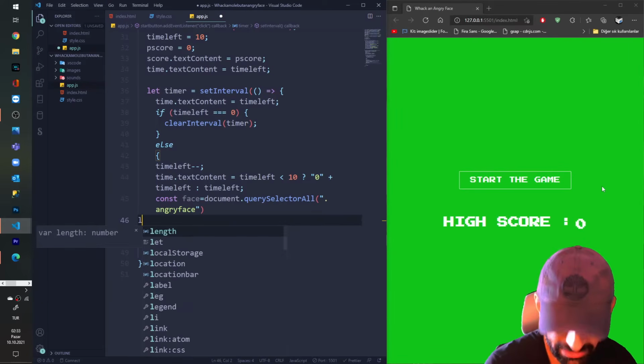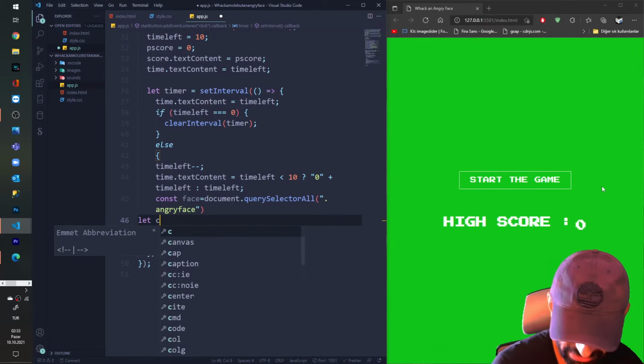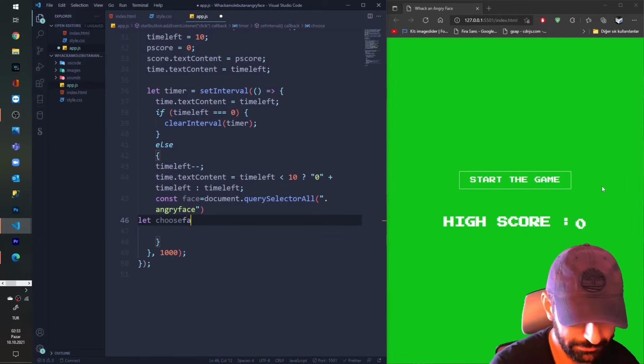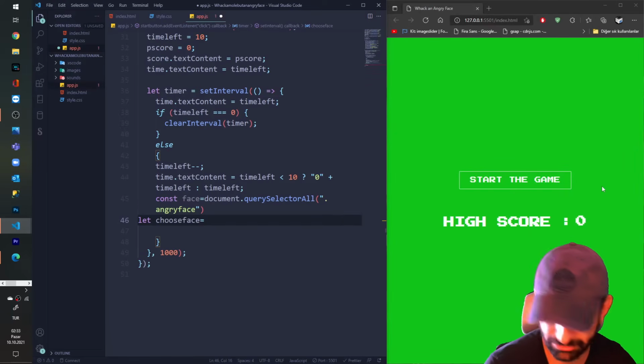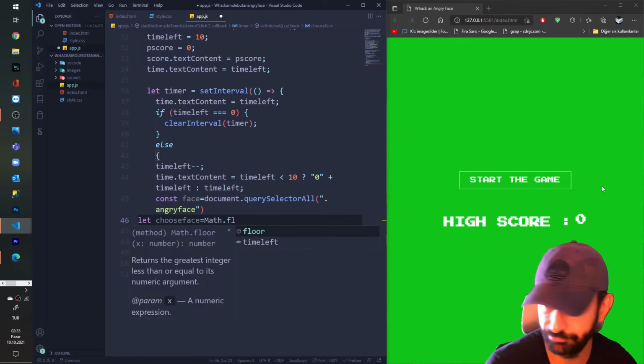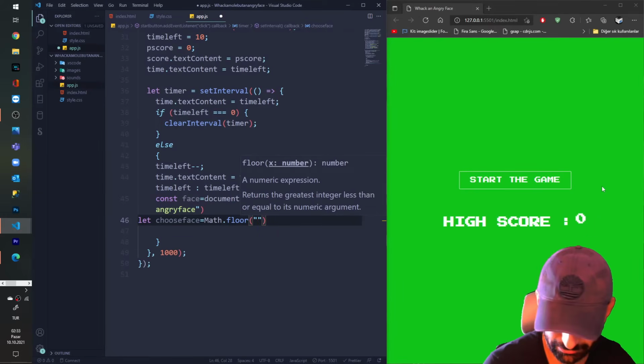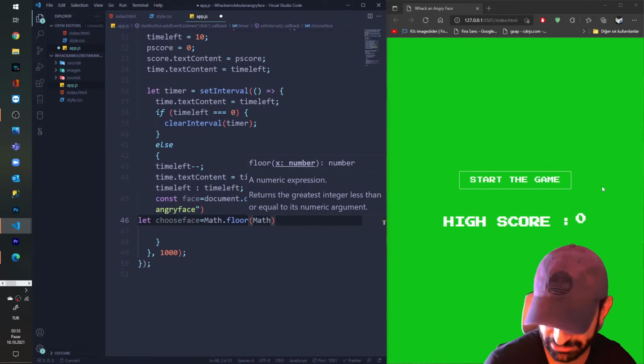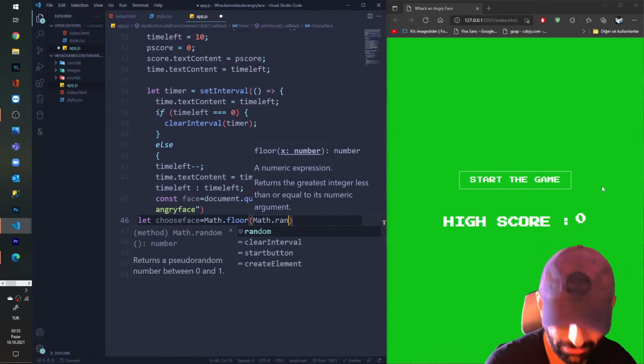So I make a variable and I say choose face equals math dot floor. Once again I say math. What's happening to me tonight? I don't know. Random.